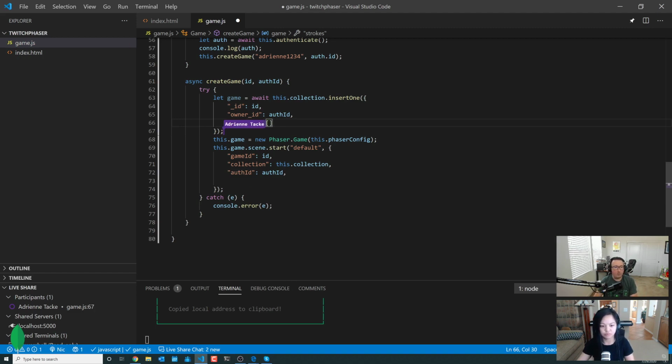Yeah, and the reason why we need both is because we want to know the owner, because if we've joined a game, which in this case we're never doing because we're in the create game function, we still want to know who the owner is, and we also want to know who we are. Because we're creating the game. Finally, what else?